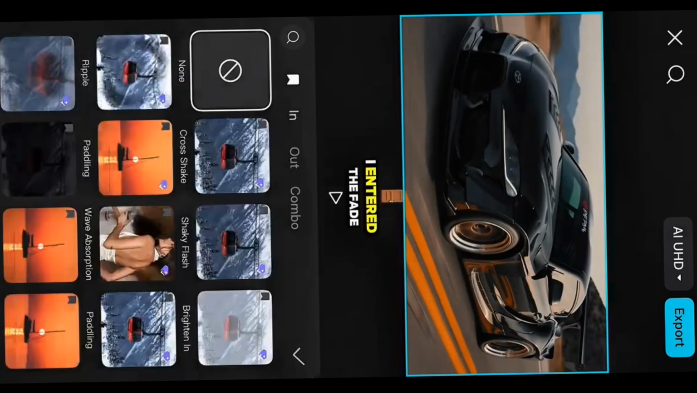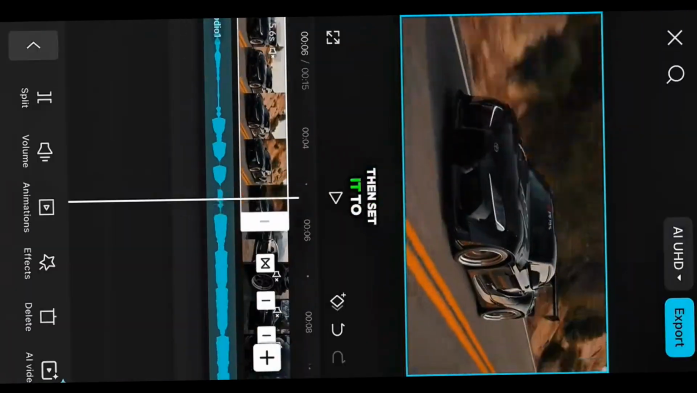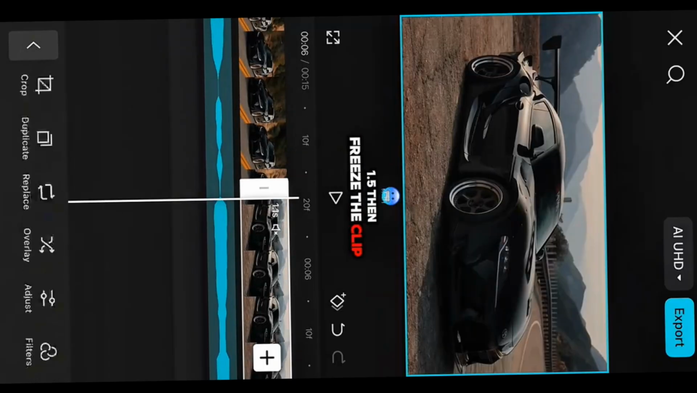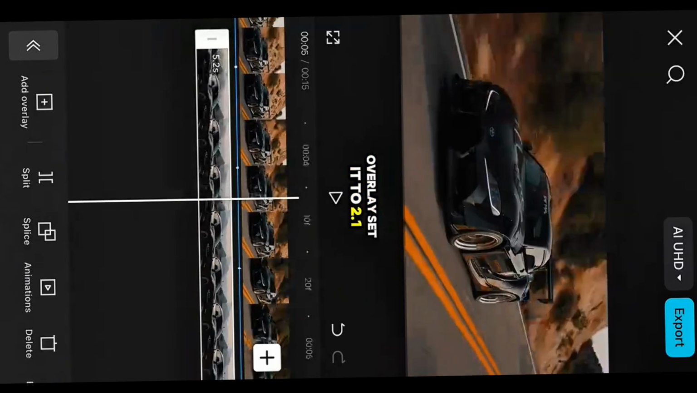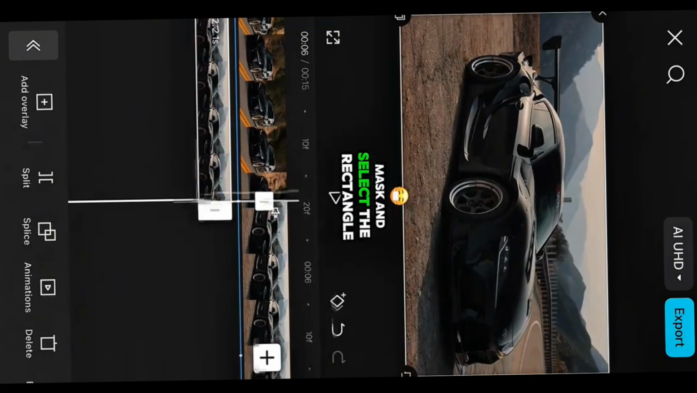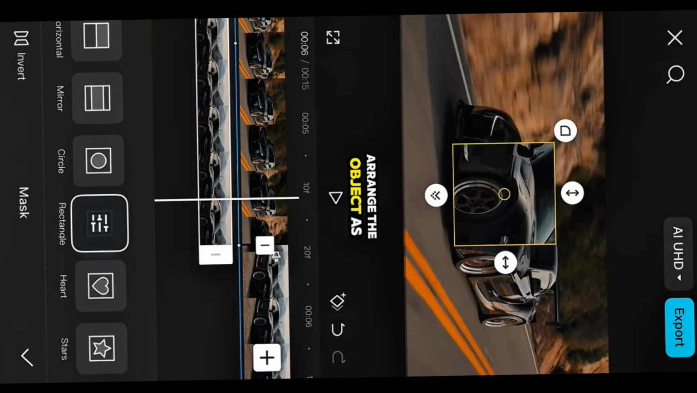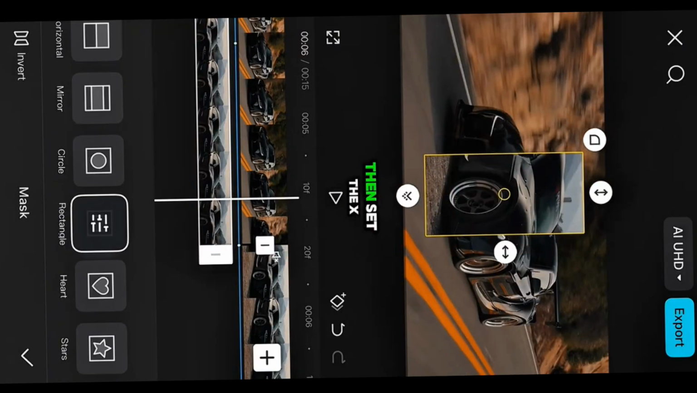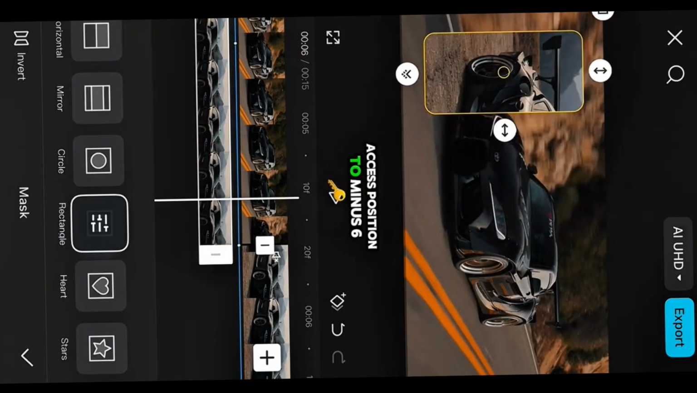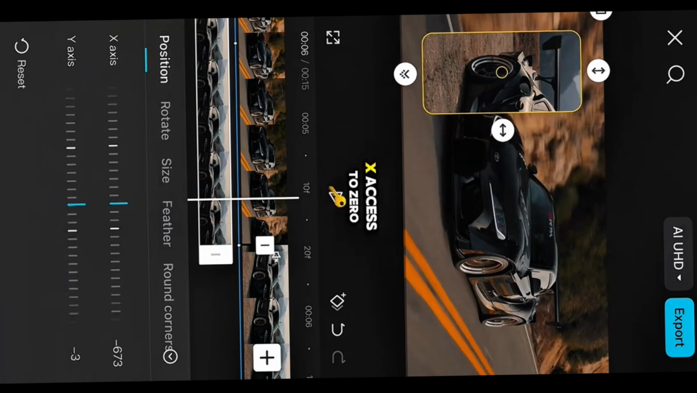So the first step, I entered the fade in animation, then set it to 1.5, then freeze the clip, then make it an overlay, set it to 2.1, then go to the mask and select the rectangle, arrange the object as you like and slide it to the right, then set the x-axis position to -673 and the y-axis to